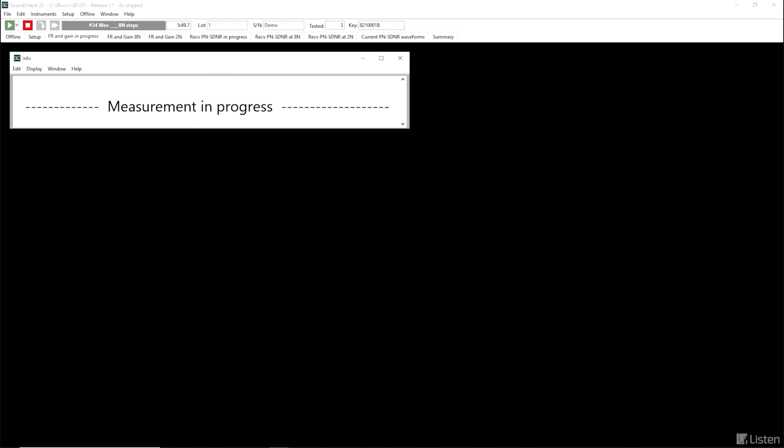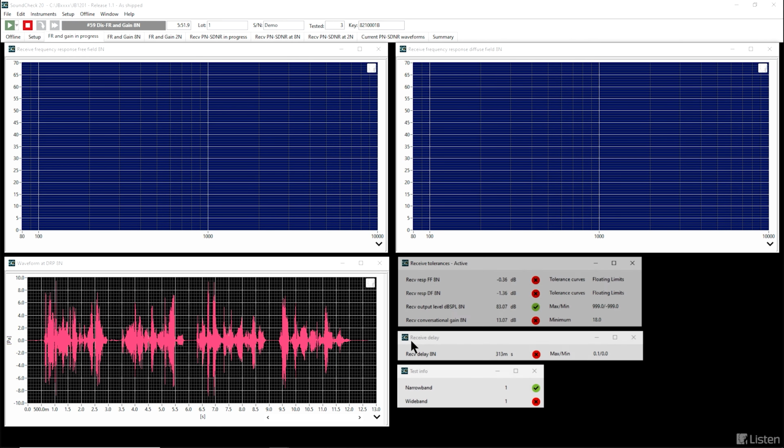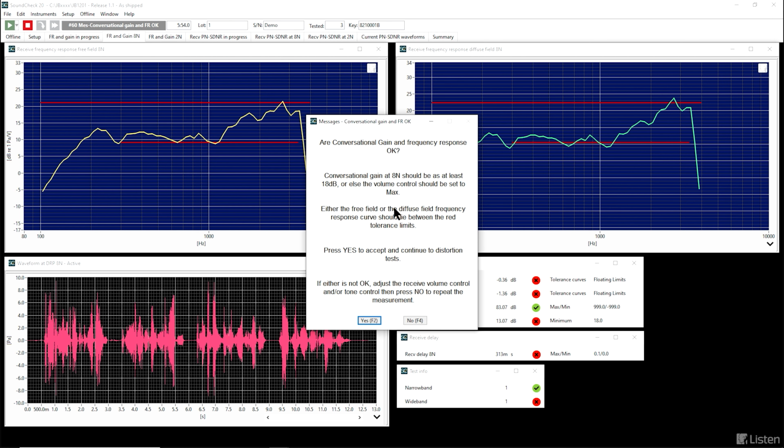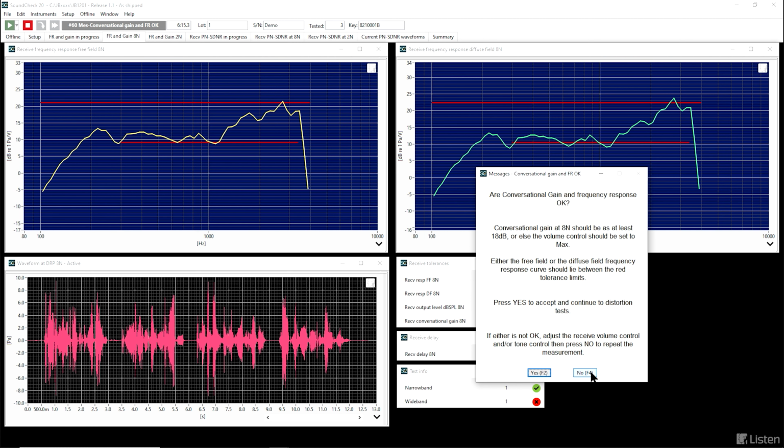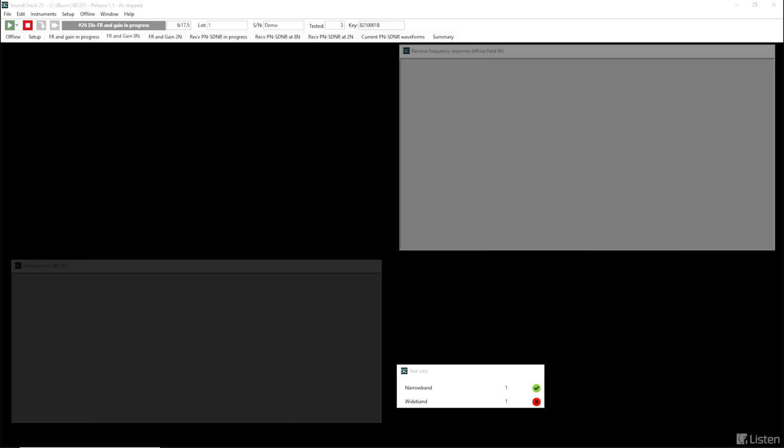So this test is exactly what was happening with 2 newtons. And so again, if we look at the conversational gain, we can see in this case it did not pass. So we need to make a change in the volume control setting and see if there is a volume control position that will allow this test to pass. We'll go ahead and do that and then measure again. We can keep doing this